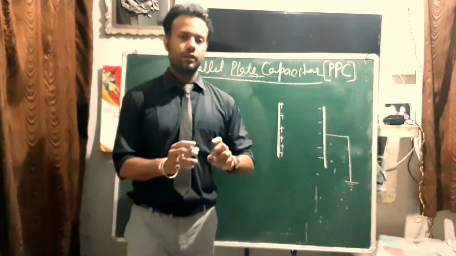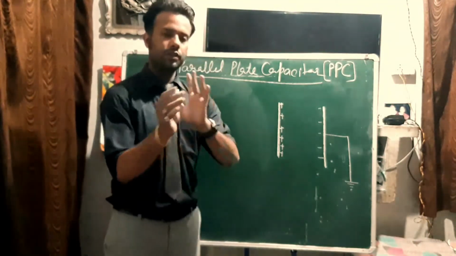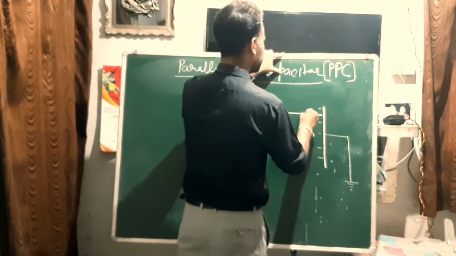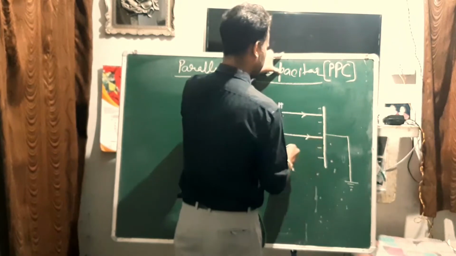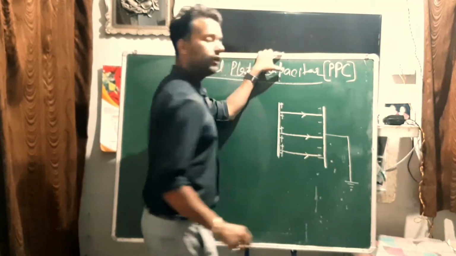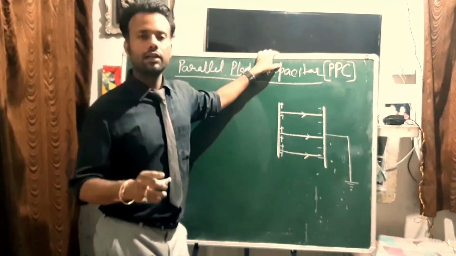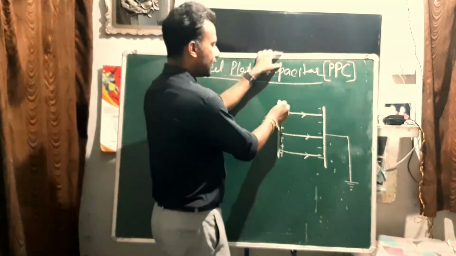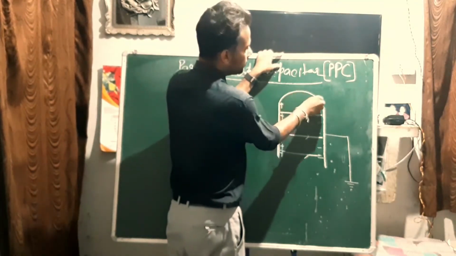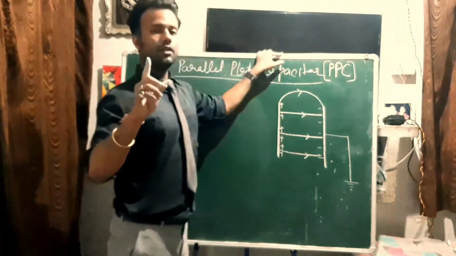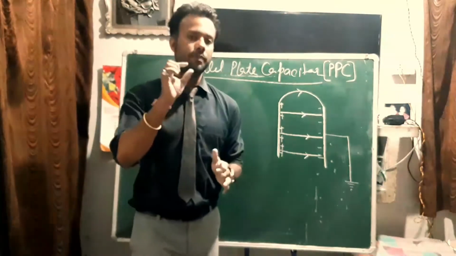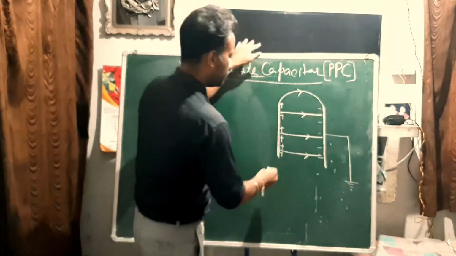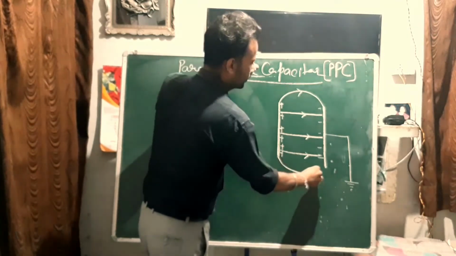Now, there will be an electrical field between the conductors. It will be like this, going from the positive plate to the negative plate, because you know that electrical field lines always come out from the positive charge and go to the negative charge. At the end of the conductor it will be like this. Why? Because electrical lines of force have the property that they are always perpendicular, always normal to the surface of the conductor, right? So at the end it is like this.